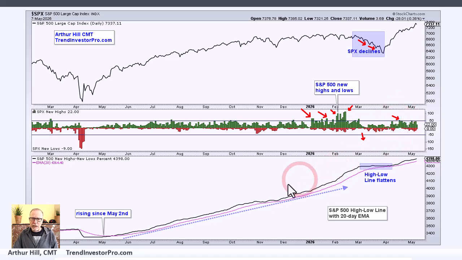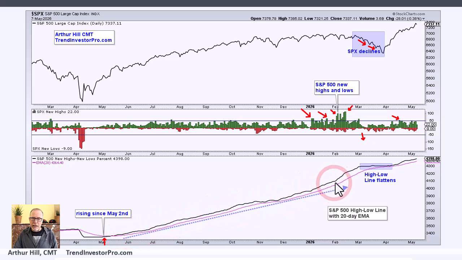Then if you look at the high-low line, all it cares about is that new highs outpace new lows on a regular basis. And that means it rises. And I've got a 20-day EMA to define that rise. And as long as you're above that 20-day EMA, this line is rising. And you can see it turned up on May 2nd. It rose throughout